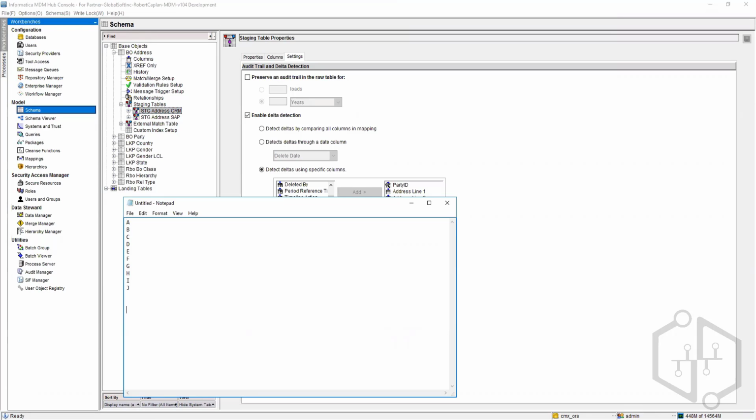Next time, in these 10 records, this G was not there and G was updated to, let's say, K. So these 9 records will not go anywhere,